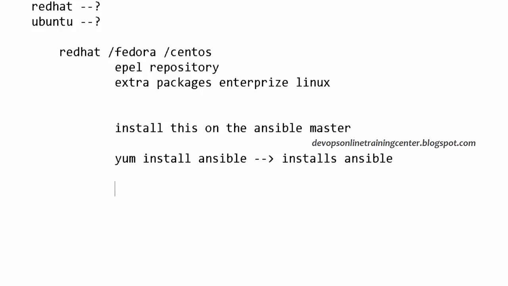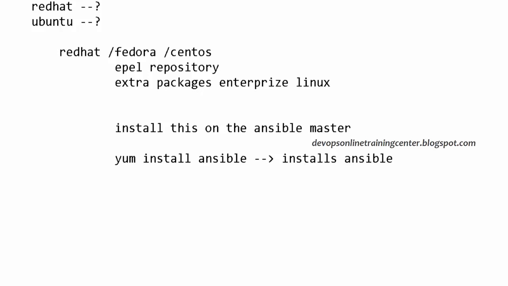SSH is one of them, another is Python, and there are some other packages related to SSH. We don't have to worry about all of them because yum takes care of it. When we say install Ansible, it internally installs all the dependencies which are required for Ansible. So if you have the Vagrant VM created, just say yum install ansible on one of the machines, and that will install Ansible on that machine.